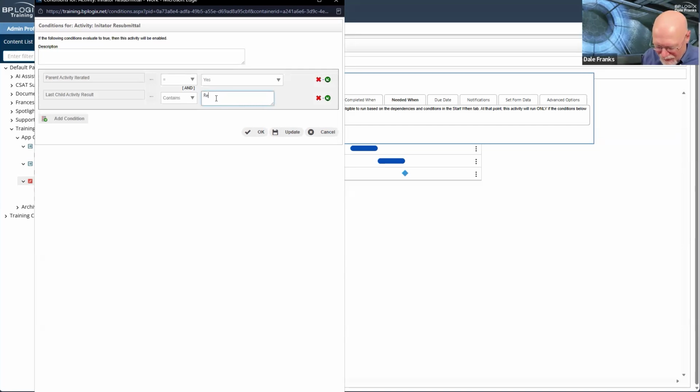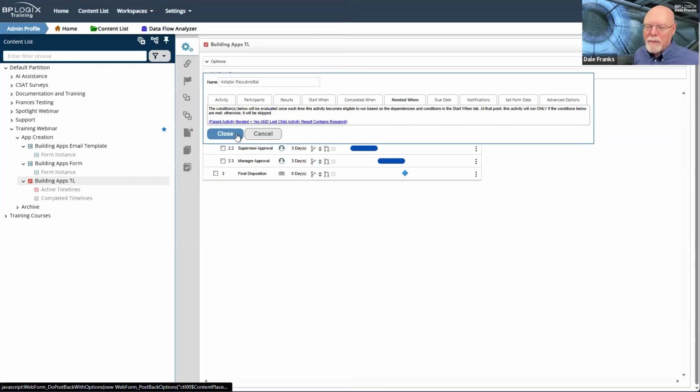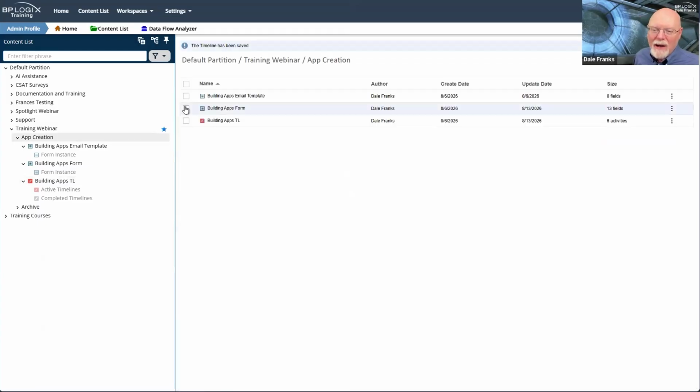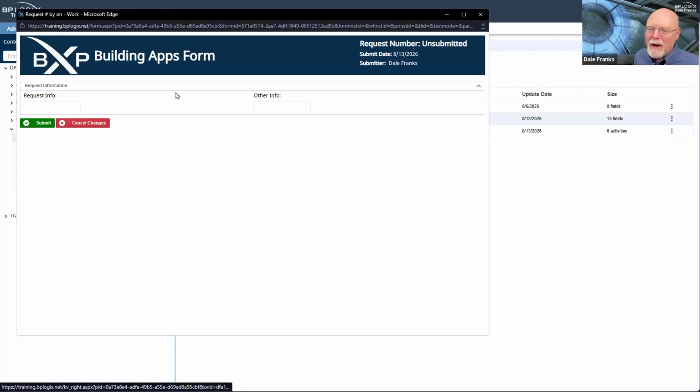We'll just say contains resubmit. So it's my needed when condition that is messed up. It was looking for deny instead of resubmit. And we're just going to use last child activity result. So basically what that means is if the previous child activity result that just ran was deny, then I want you to run this here. And now we'll hit OK and close and OK again. And here we go with test round number 4.